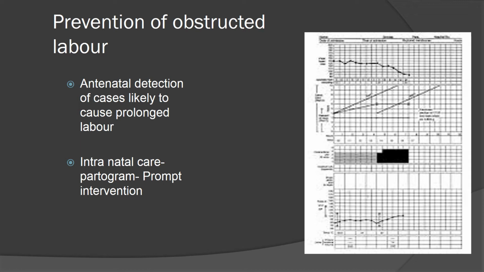They should be selected, like one with a large baby, having macrosomia, abnormal presentation, or a patient with a suspected contracted pelvis. All these women should be insisted on having institutional delivery in a tertiary care center where labor can be supervised